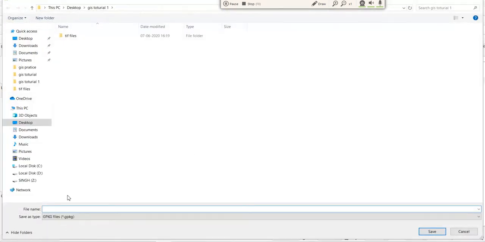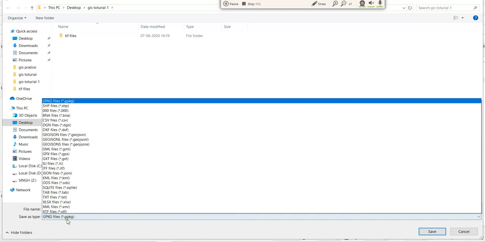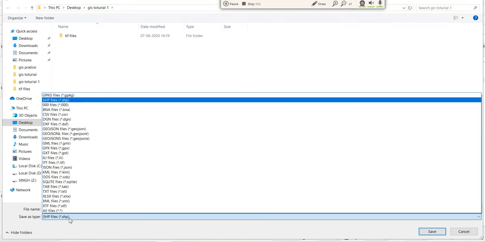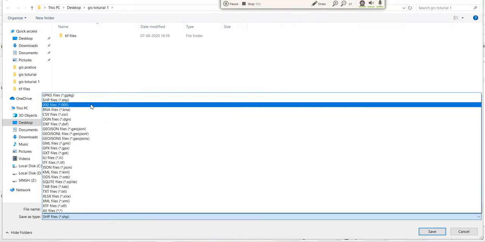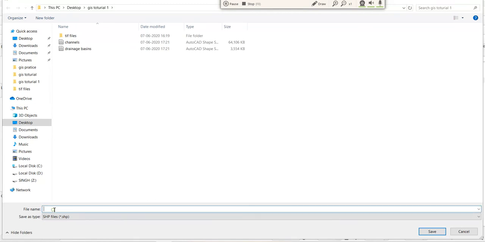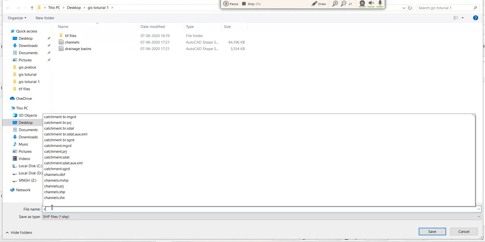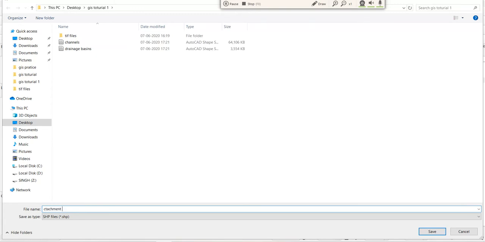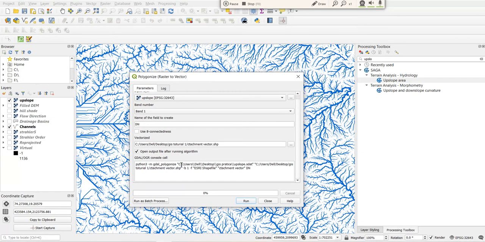I will save it as a SHP file, and I'm putting the name catchment vector, and just save it. So I'm saving it and run.